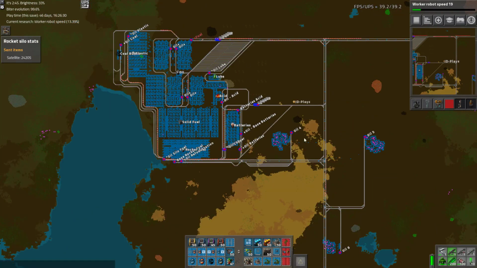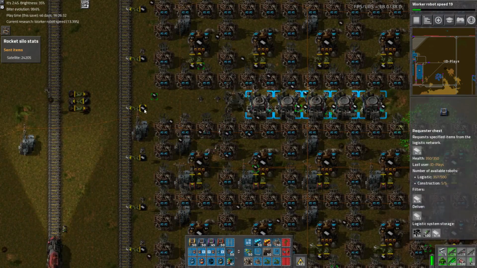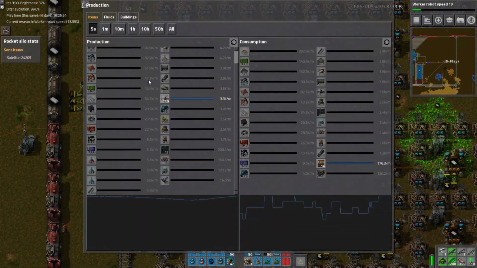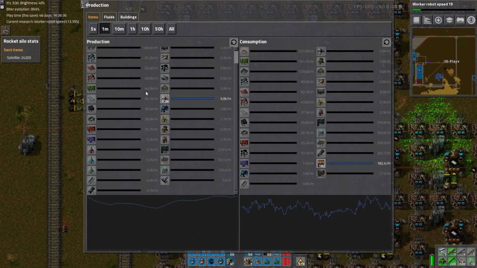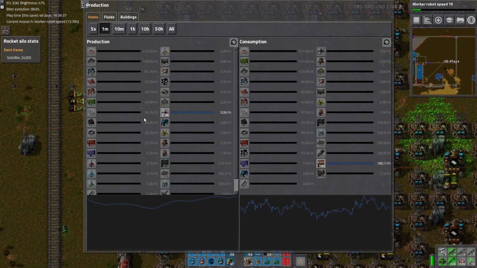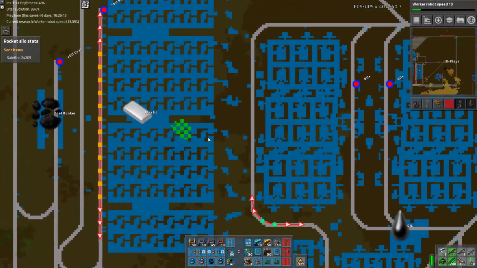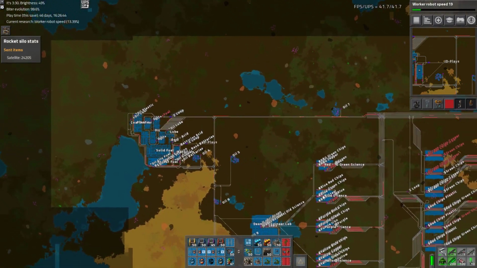Well, at least the backlog's cleared, so trains are now moving. Production, 1 minute. Plastic. 34,000 per minute. Okay, that'll do us. Okay, so where were we? Yeah,